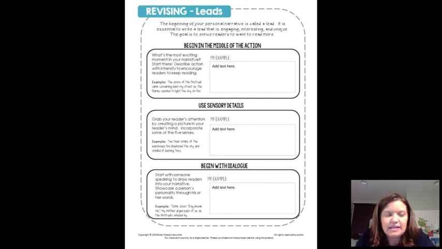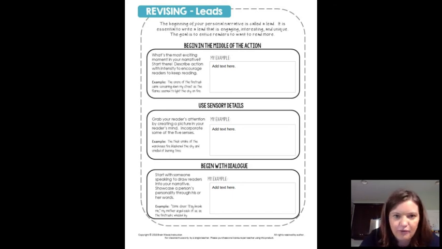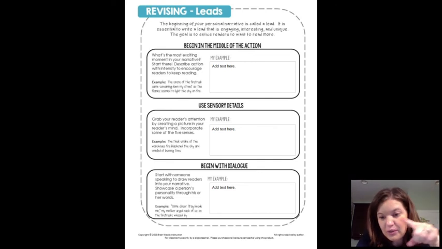It says, the sirens of the fire truck came screaming down my street as the flames seemed to light the sky on fire. So it's right in the middle of an action scene where there's fire coming out of a house, and the fire trucks are going down the street with the sirens blaring. So they did a pretty good job describing it. So think about what's the most exciting moment in your narrative and start there. Describe the action with intensity and encourage the reader to keep reading. So that's one way you can start.